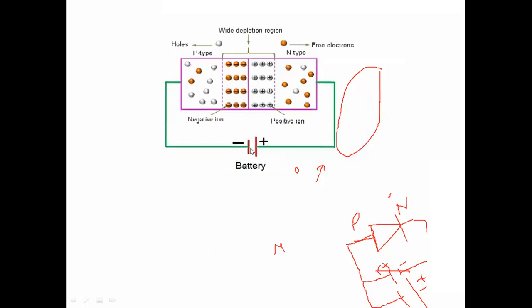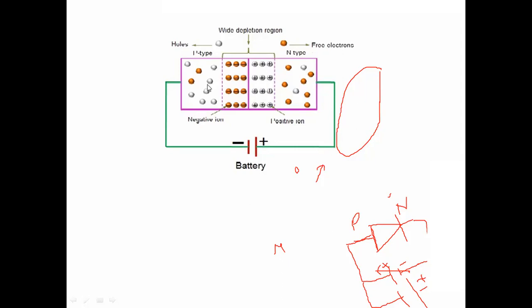If we increase more reverse voltage in the reverse bias condition, then what happens? The depletion region of this junction will break down. Increasing the voltage further in the reverse direction causes the breakage of this region or junction, and due to that, the current suddenly increases because of the breakdown of this region.